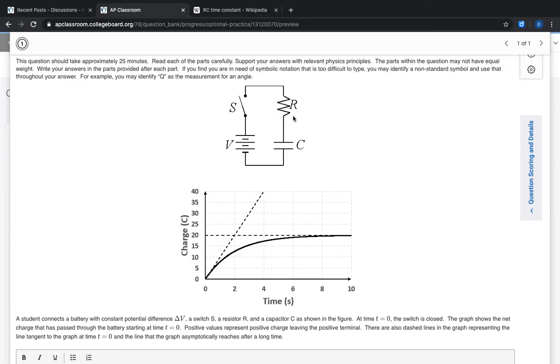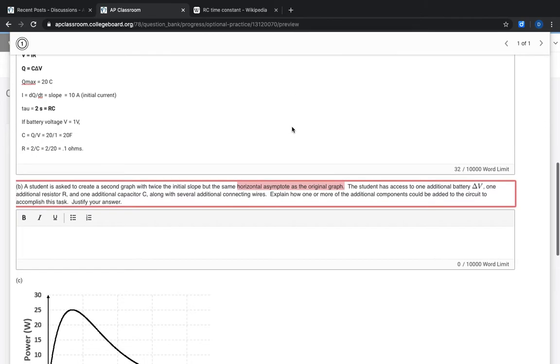Remember, if you add resistors in series, you're going to increase resistance. If you add them in parallel, you'll decrease resistance. If I add two resistors of the same value in series, then I double resistance. If I add two in parallel, I'm going to cut the resistance in half. And if I cut resistance in half, I'm going to double initial current. So what we could say down here,